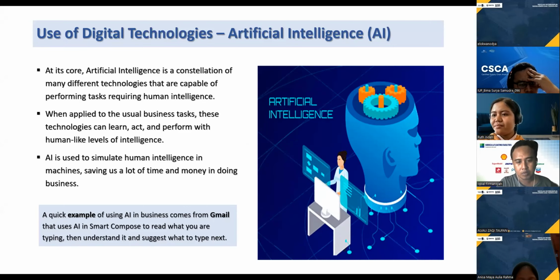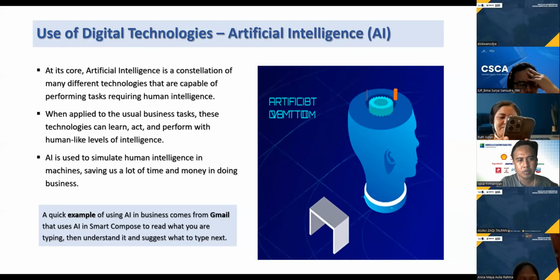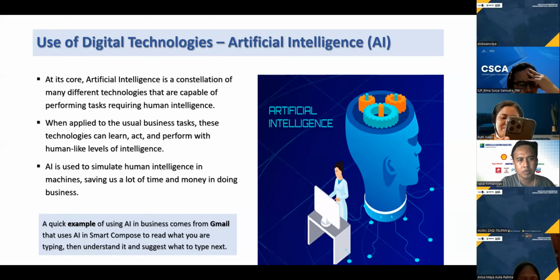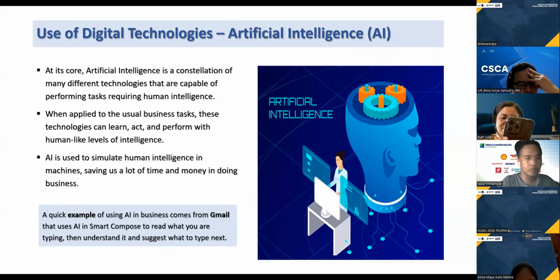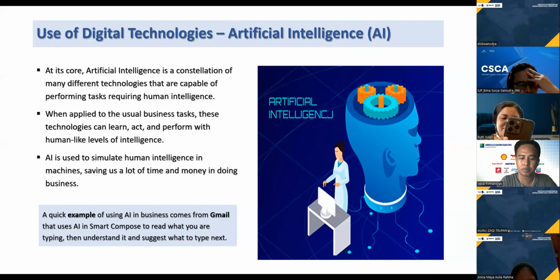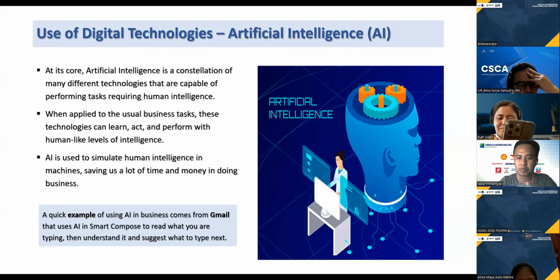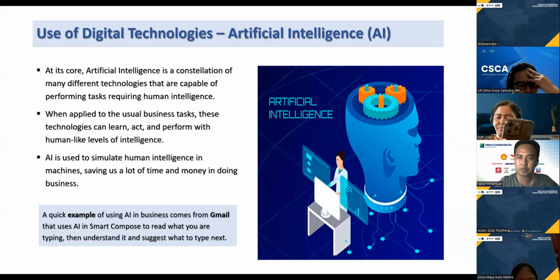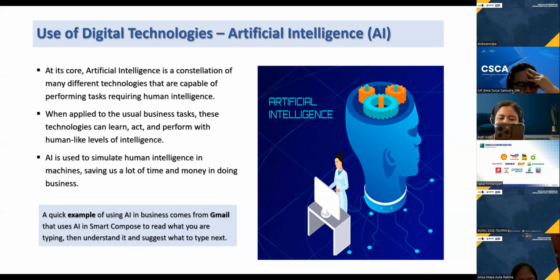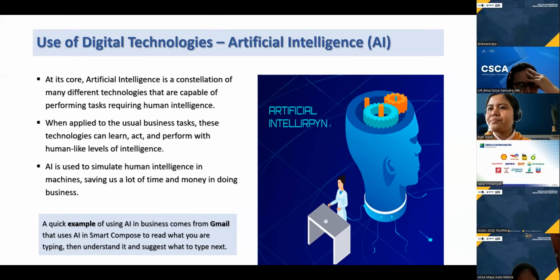Now, artificial intelligence is something that we've been hearing a lot, and it is used in so many different aspects of not only marketing, but also many other functional areas of business in order to improve processes, in order to improve the production of products, in order to improve also the marketing of products. So we will see some of these examples, but before we start explaining more complicated examples, a very simple example